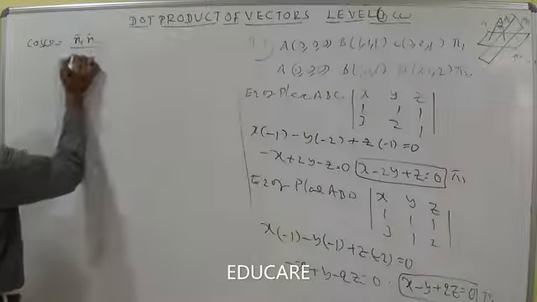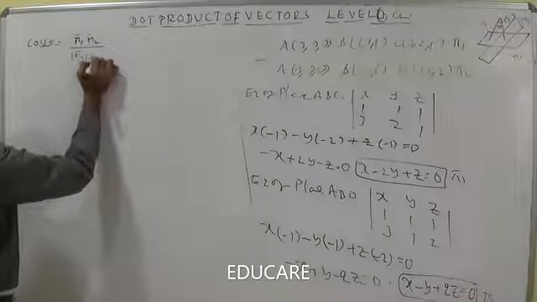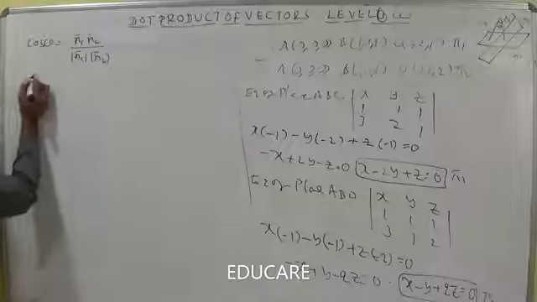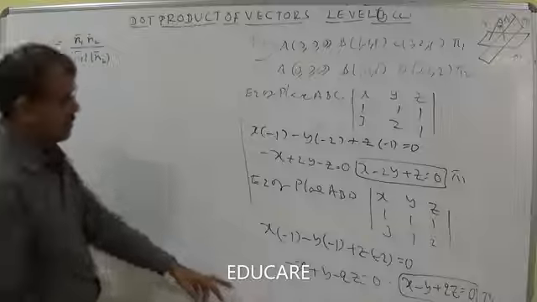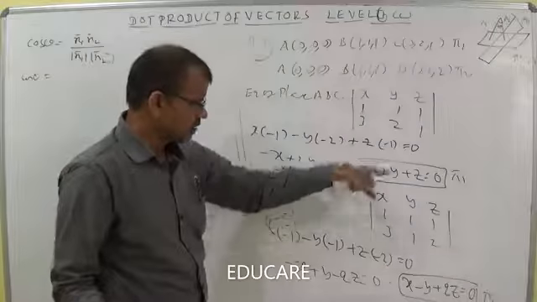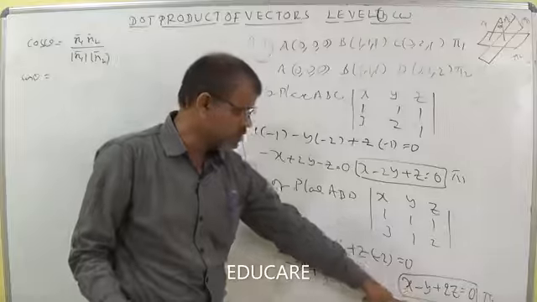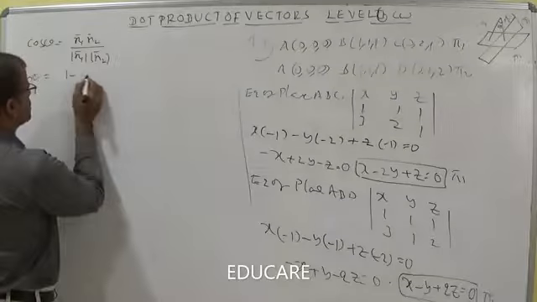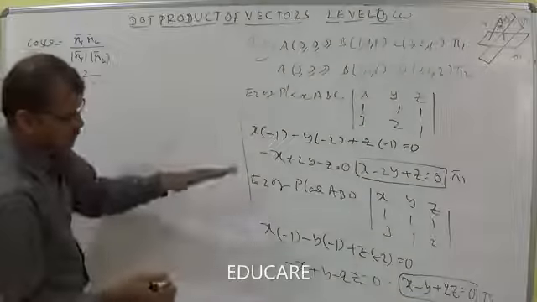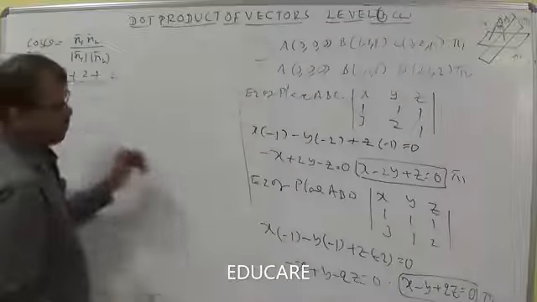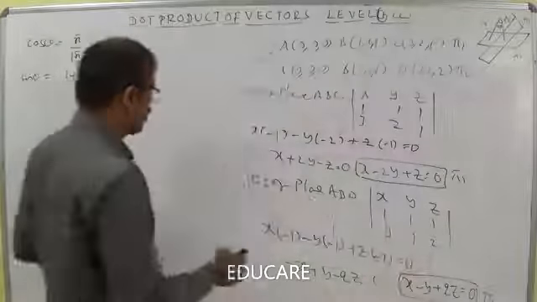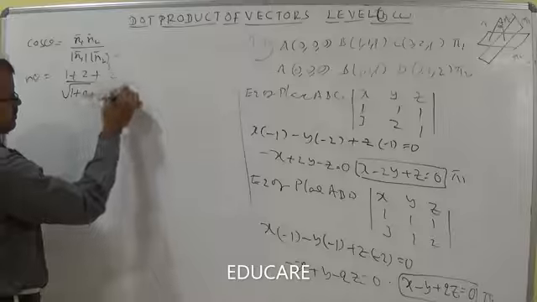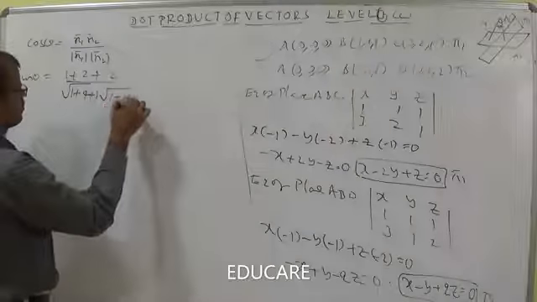z axis respectively. Then you can write first of all the formula: cos theta is equal to n1 bar dot n2 bar by modulus of n1 into modulus of n2. Cos theta is equal to, here, 1 into 1 like this, I minus 2j plus k, I minus j plus 2k, like that. Now you write 1 I dot I concept, 1 plus 2 plus 2, by magnitude, root of 1 plus 4 plus 1, and this is also 1 plus 1 plus 4,